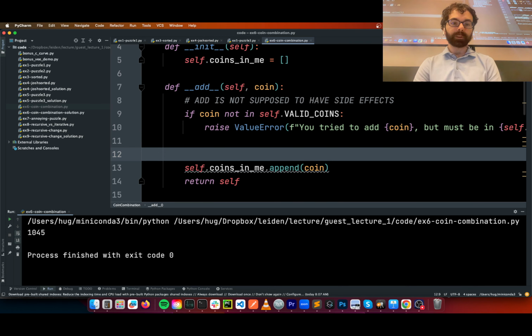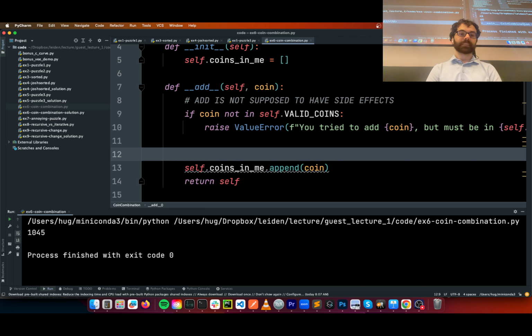Lastly, we want to be able to print out the coin combination. When I print out CC, I get this main coin combination object. I can't see what's in there. So what do we need to do now? Anybody know? Yeah, we need to have another magic method here that's nice. So we'll call it str. Okay? So I want to make a nice string representation of coins.